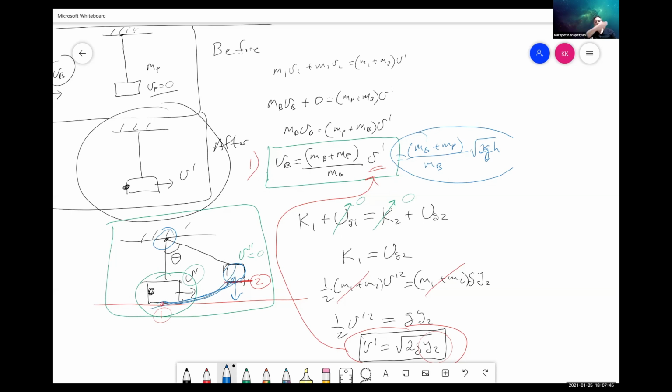Think of a pendulum: when it swings up, it slows down, stops, and comes back down, right? So it's basically the same idea. And so that's how we're able to cancel